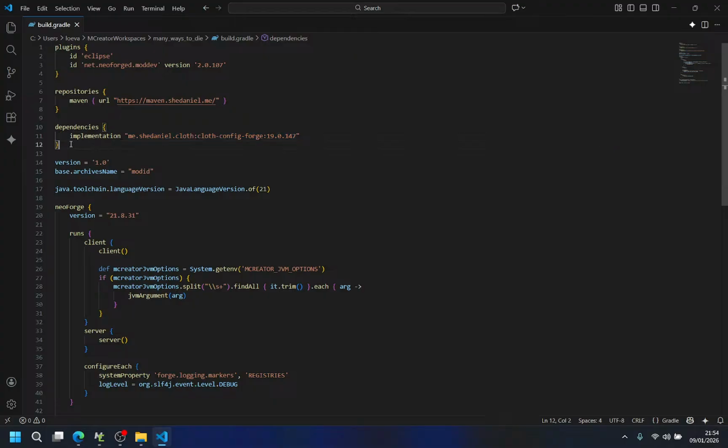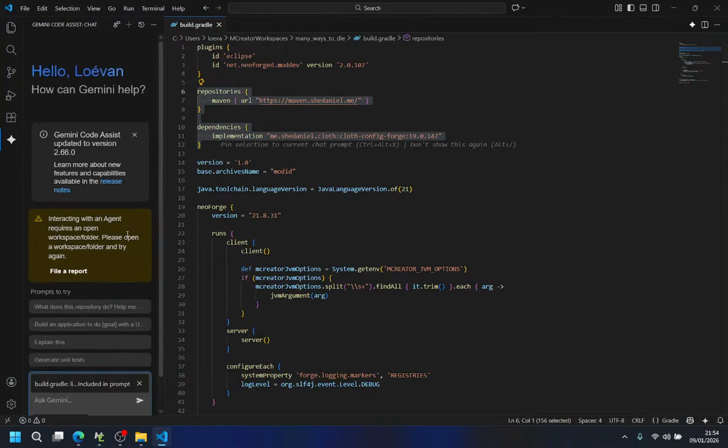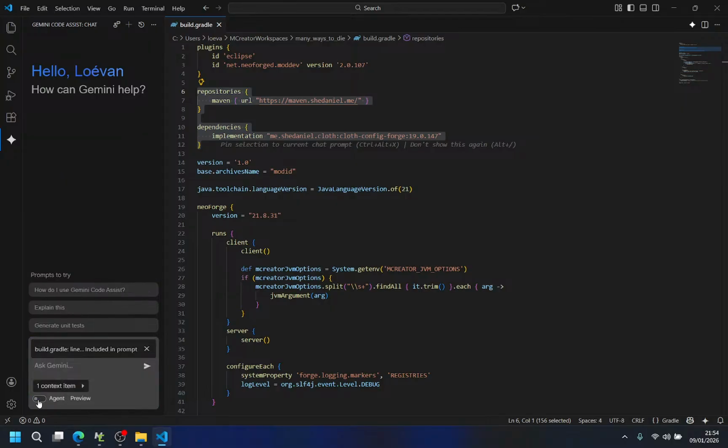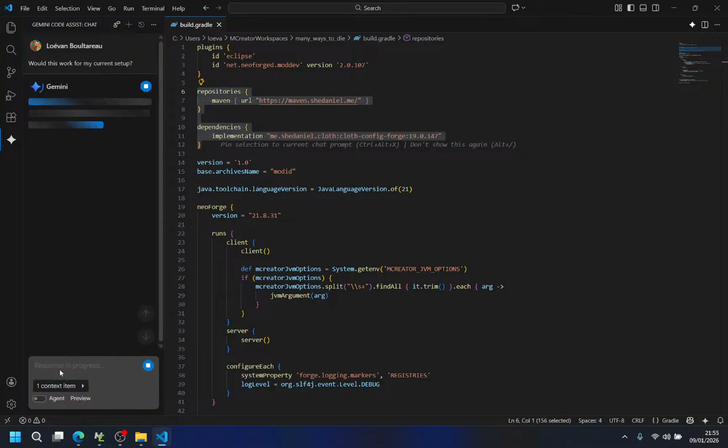I'm gonna ask AI if this would work, like at this point. Would this work for my current setup? I'm scared because I never actually developed on NeoForge.